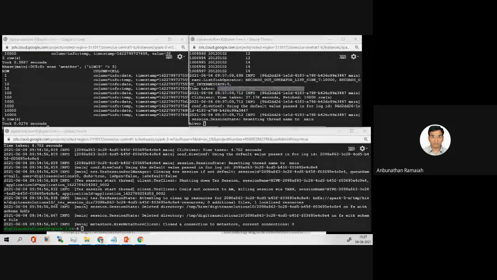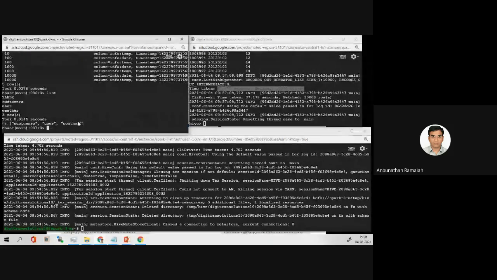Then one more exercise we'll do. Create a Hive table from an HBase table called user. We'll create a user table now in the HBase. List. So user table is there. First we have to disable, then we have to remove, again we have to create.